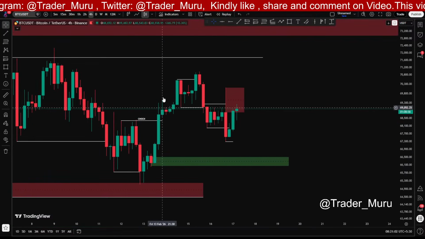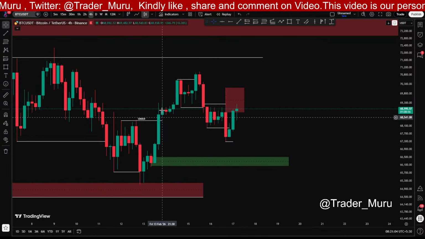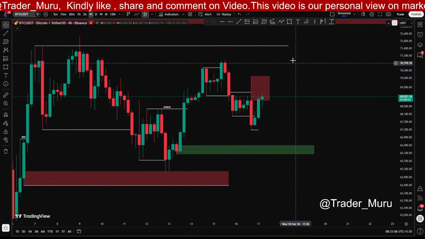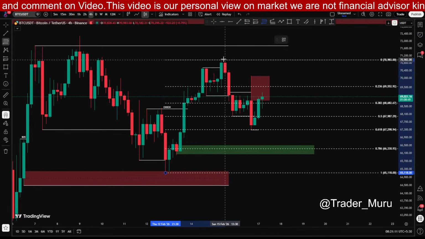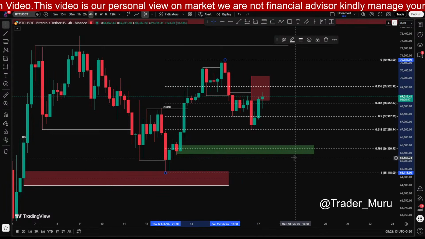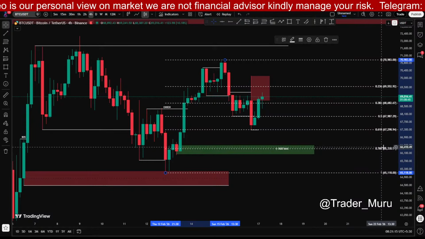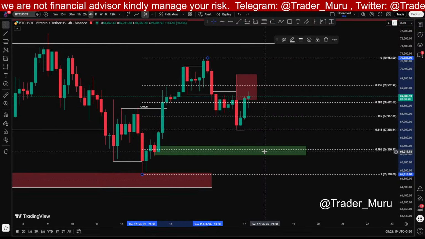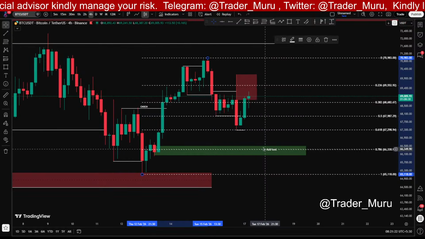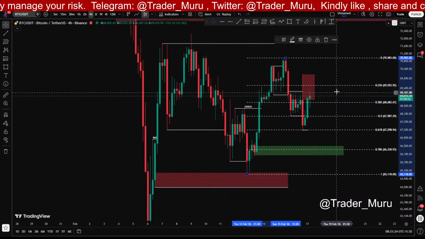In the 4-hour time frame, we don't have any significant retracement, so this is just a retracement. Mostly retracement comes near 60 to 70%, meaning 0.618 to 0.786 here. Okay, so if price drops, this area will be your POI for the next pump, and then your target will be